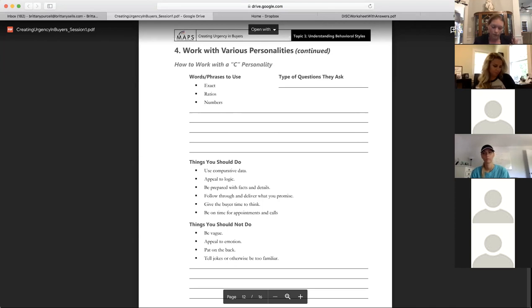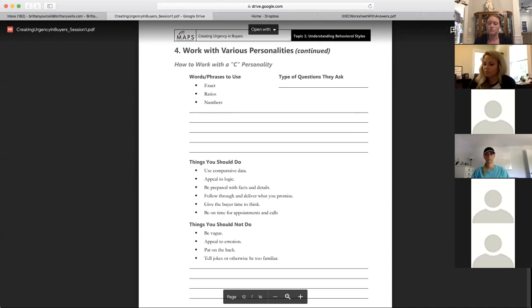They are going to say, well, how does this make sense if logically this? So prepare your objection handlers based on your pre-qualifying questions. Prepare yourself and understand that when you come in and handle any objection that they have, it has to appeal to their logic and how you're going to net them more money and you're going to protect them, and you have nothing to fear because you've hired the best person. Okay. Be prepared with facts and details.